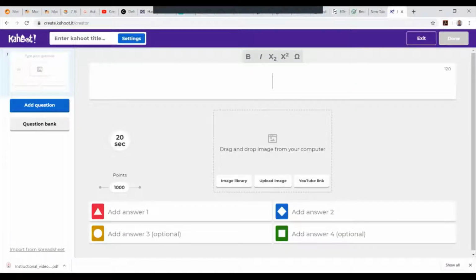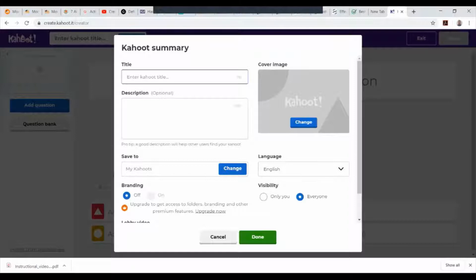Once you've added the options, you have to select one correct answer in order to proceed to add the next question. Once you're done, you select done and you give your Kahoot a title, and you can also add a description, and then you select done,